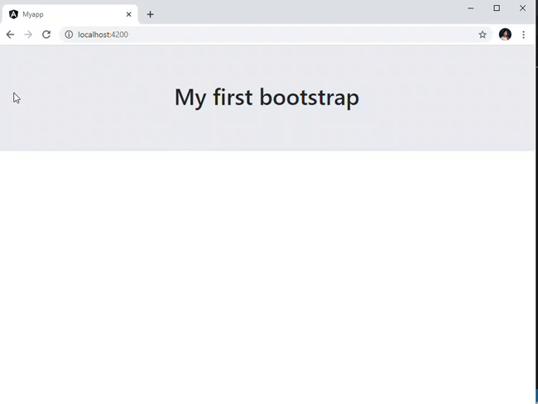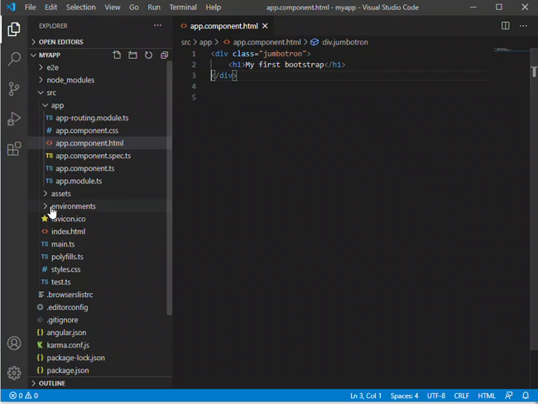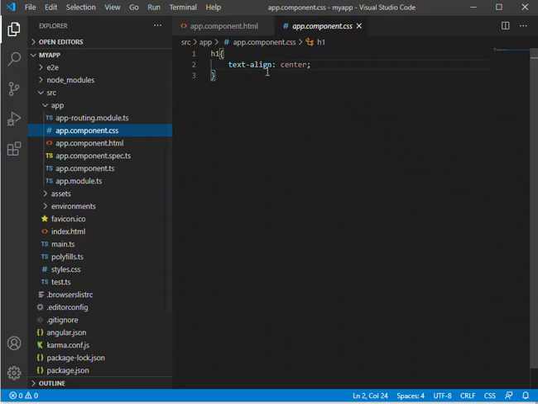There you have the box. It's a big box that attracts attention, and this is our label, my first bootstrap. It is in the center because we have our CSS for h1 in which the alignment is centered.